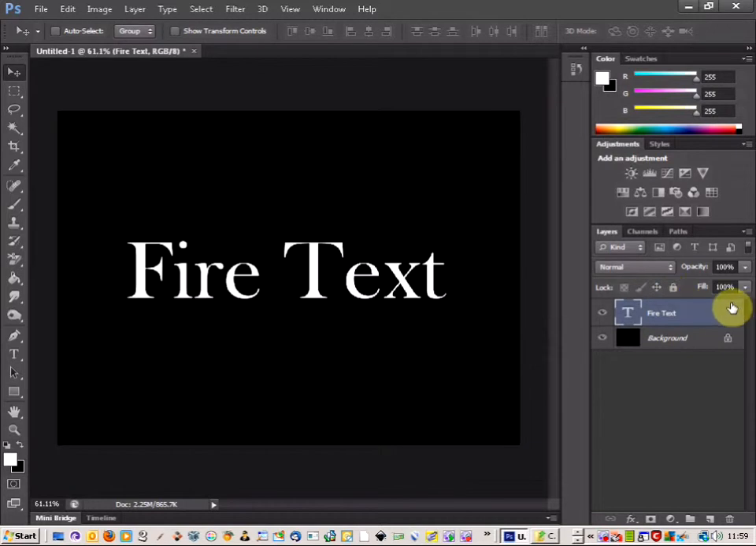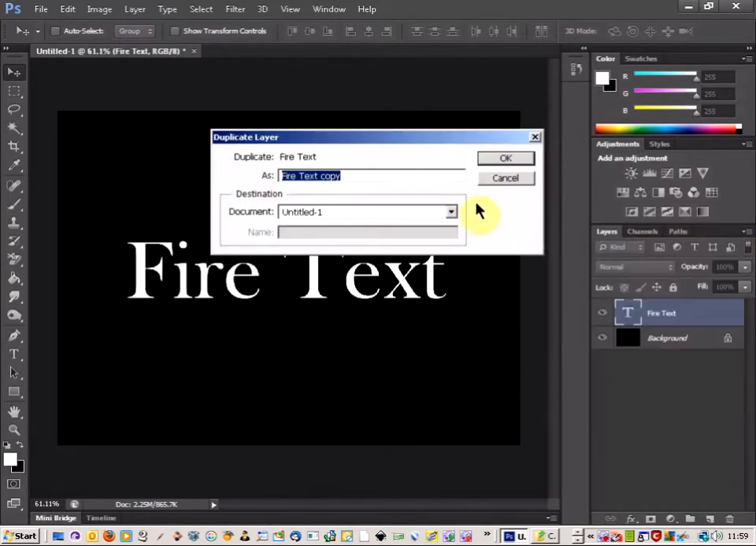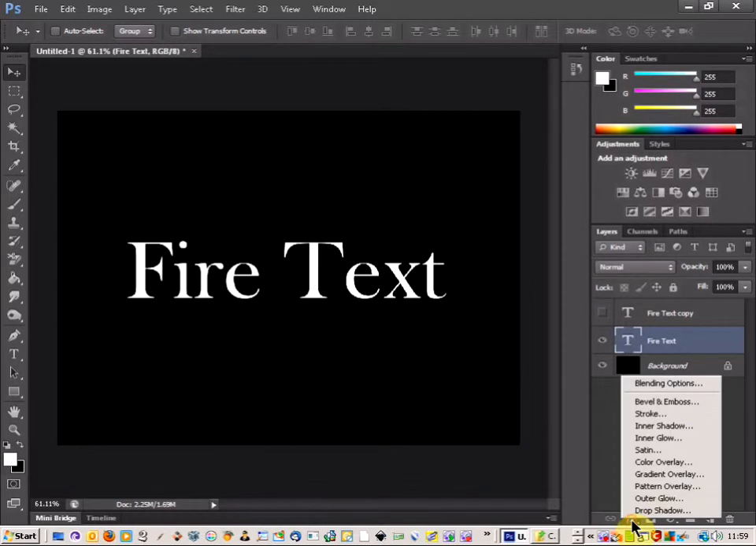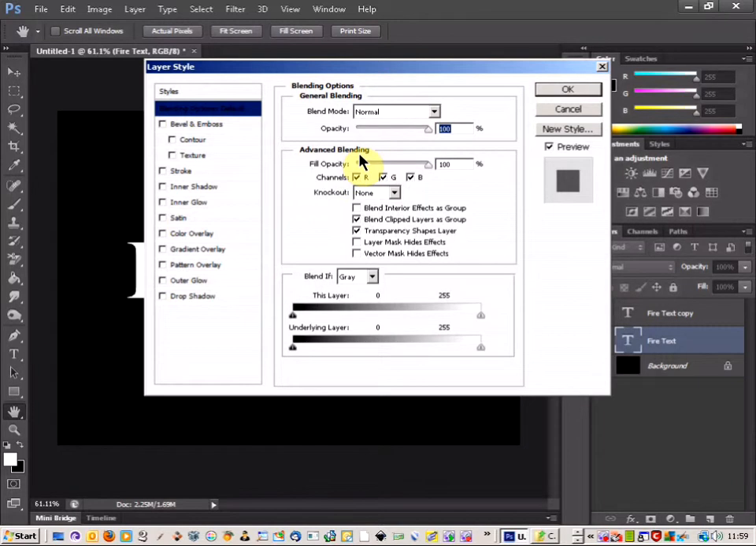Now the next thing is just to come across and duplicate that layer, and then hide that layer. Come back to your original one, come down to the layer styles, come into blending options, and the first thing you're going to do is take the fill opacity, pull that down to 0,